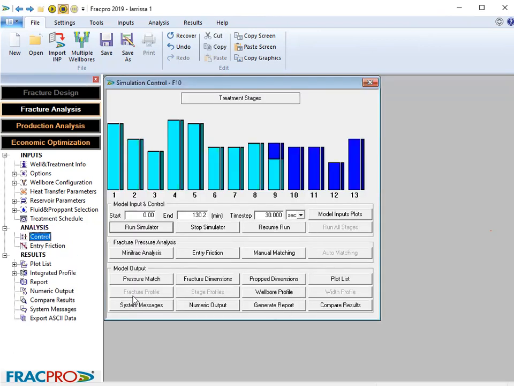All right. So there are a lot of things that we cannot see. We cannot see the fracture profile because we are dealing with 2D. So we cannot see the fracture profile. If you want to generate your report, if you want to print out the report, you can come here to